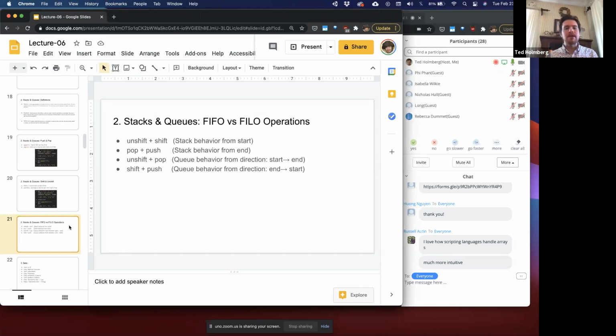So again, if I use unshift and shift, it gives me stack behavior from the start. If I use pop and push, it gives me a stack-like behavior from the end of the list. If I use unshift and pop, it gives me a queue-like behavior going in the direction from the start of the list to the end of the list. And if I use shift and push, it gives me a queue-like behavior in the direction from the end of the list to the start. So you have lots of operations to mix and match to get queue-like and stack-like